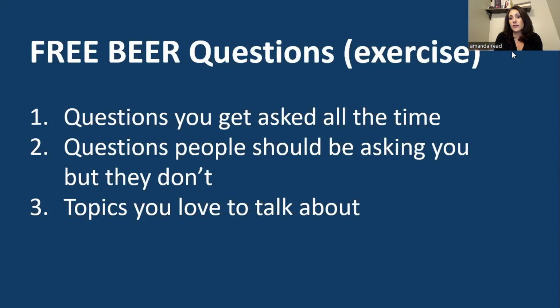I also love my whiteboard. I don't care how you want to write things down. I do want you to physically write them down though. It's going to help your brain process it faster. So I want you to take at least 10 minutes of very uninterrupted time. If you work better with music, that's cool. If not, it can be silent, but I want you to take at least 10 minutes and write down everything that comes to your mind as you go through all of these questions, okay? This is going to give us some ideas of some free beers that we can come up with.